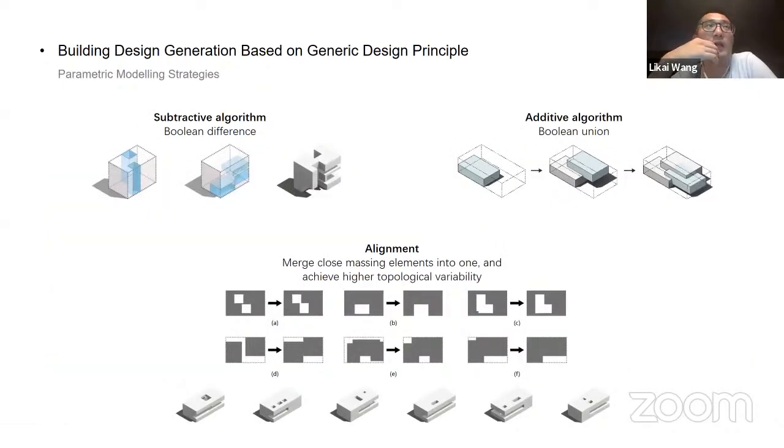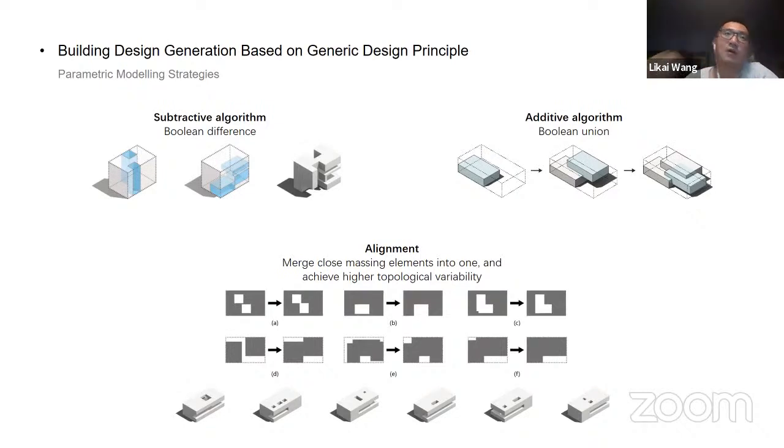From a technical point of view, the two algorithms are not very difficult. For the subtractive algorithm, I just use the Boolean difference to create a design with the feature of the subtractive building volume, and the additive algorithm uses the Boolean union to generate the building with additive features. But based on these two generic form generation principles, I also add some other hard constraints in